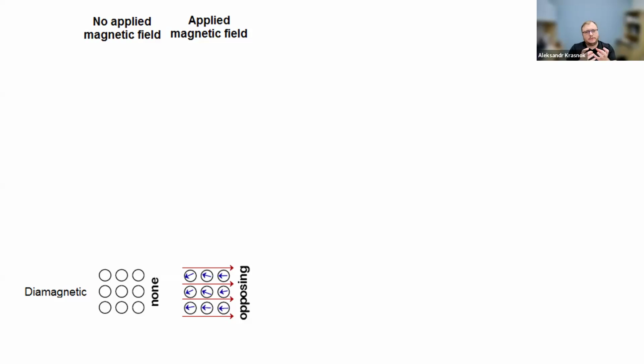And in materials with 2 electrons, for example, where one electron rotates counterclockwise and the other electron rotates clockwise, they compensate each other. So overall, there is no magnetic response. So in these materials, without applied magnetic field, there is no magnetization, no magnetic dipoles, shown here by these empty circles. But when a magnetic field is applied,